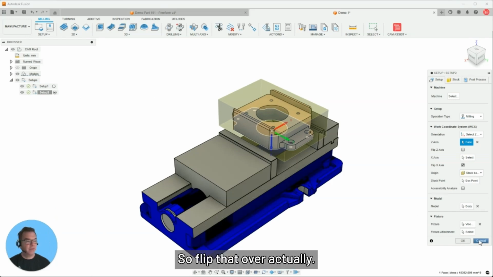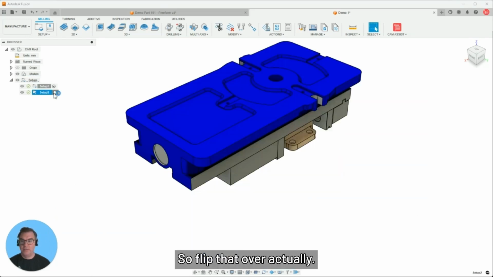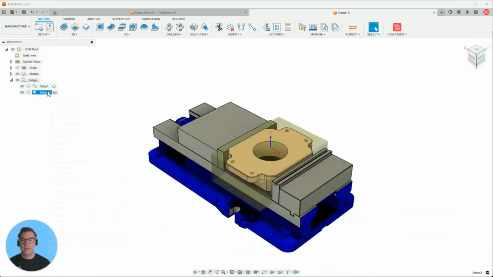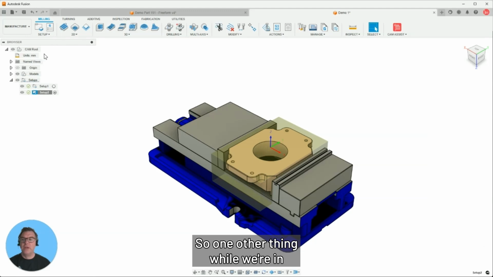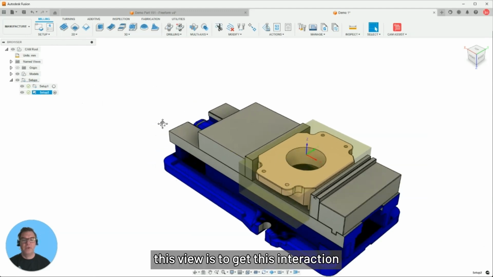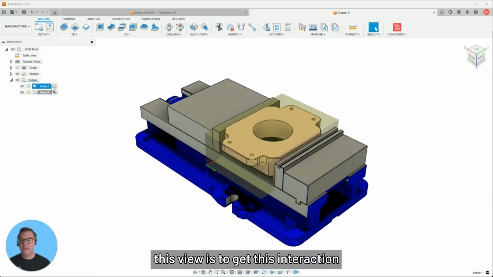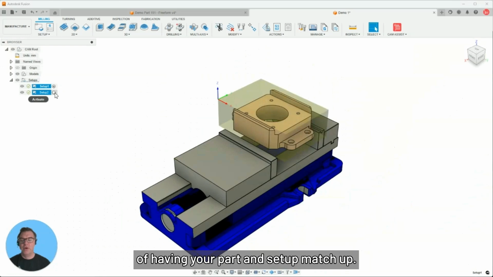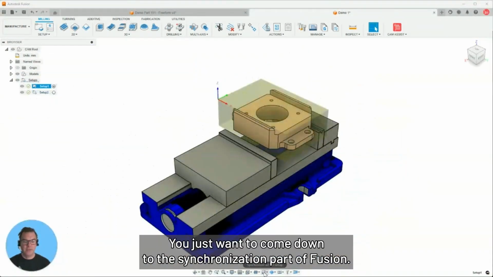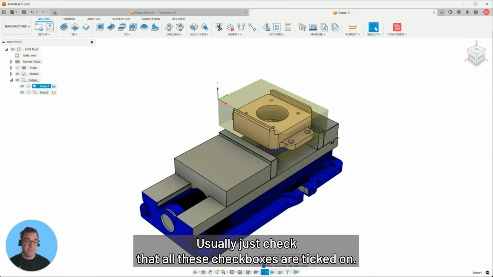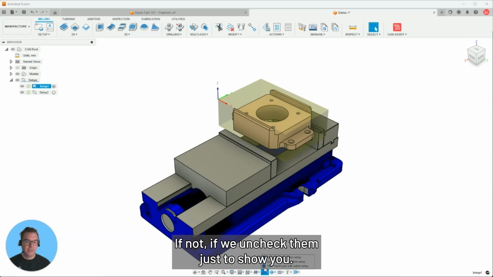If I just flip that over, actually, hitting this button and then hit edit. So one other thing while we're in this view is to get this interaction of having your part and setup match up, you just want to come down to the synchronization part of Fusion. Usually just check that all these checkboxes are ticked on. If not, if we uncheck them just to show you,